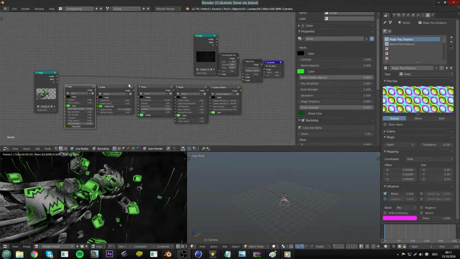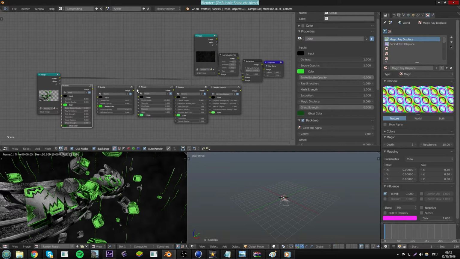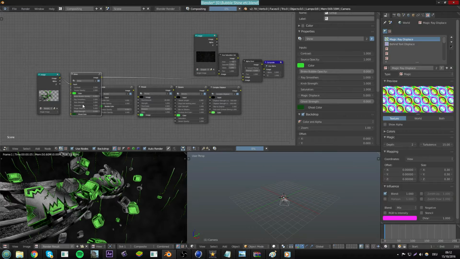Guys, welcome to my behind the text effect pack. I don't know how I should call it, but basically you have these 5 things, and first of all we have shine, bubble, mosaic, streaks and complex displays. So let's start with the shine,